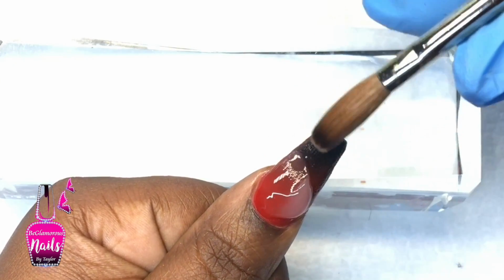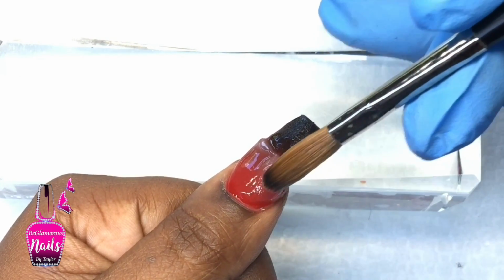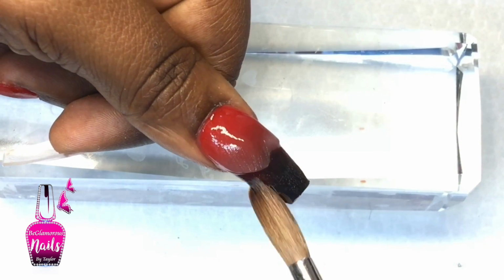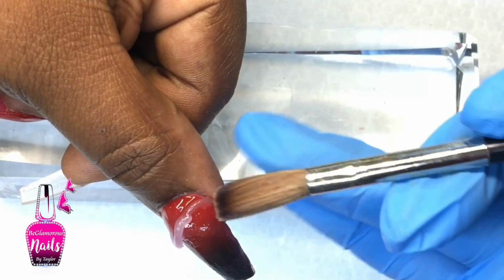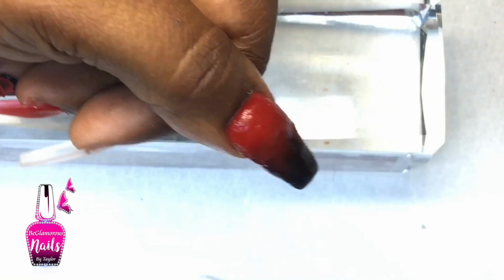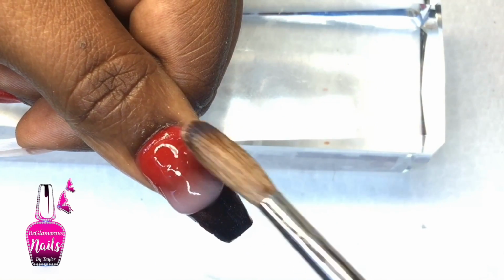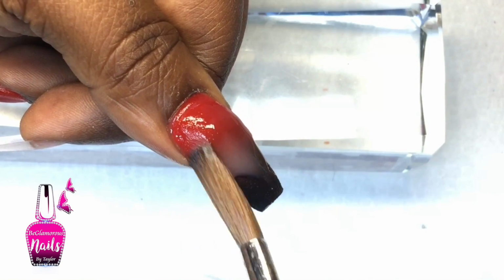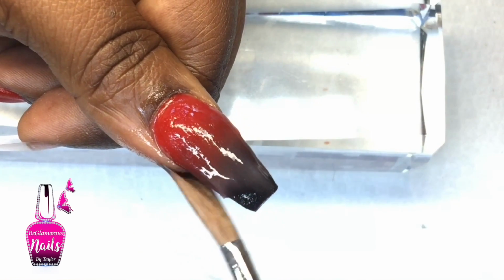So I picked up too much of a big bead of clear acrylic, and I was working with it way too slow. I'm leaving it in real time so you guys can see what I'm talking about. So it was drying and it just was not right. Okay, it was not right. So I went ahead and I removed this as much as possible, and I'm going in with a smaller bead right where my fade is, because I didn't even need to encapsulate that red because it was thick enough as it is. I just need to protect my fade and that black at the free edge,